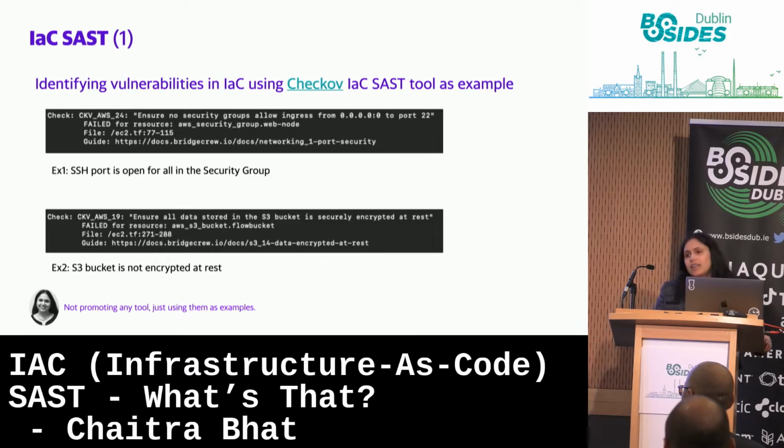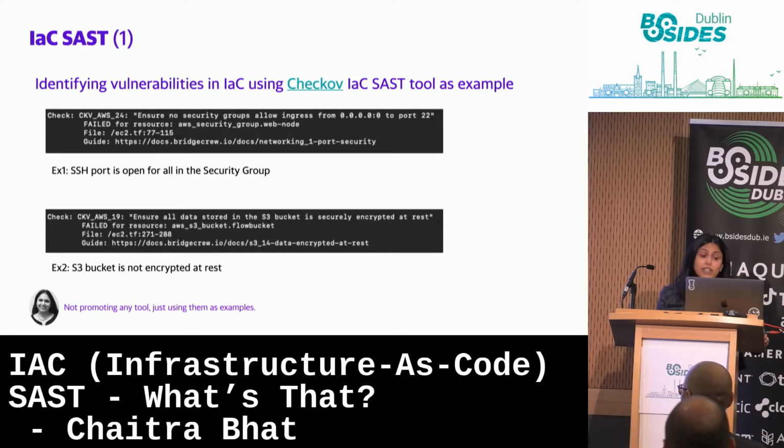I ran an IAC SAST scan on some of those vulnerable examples that I showed you previously. I'm here taking Checkov, Bridgecrew's Checkov, as an IAC SAST tool example. Again, to point out, these are just examples. I'm not promoting any tool. This is just so you get an idea of how this can be done. So when I ran the Checkov scan on those vulnerable files,